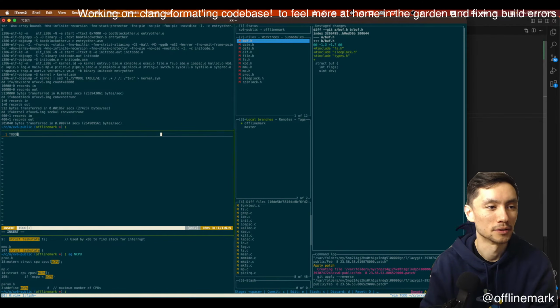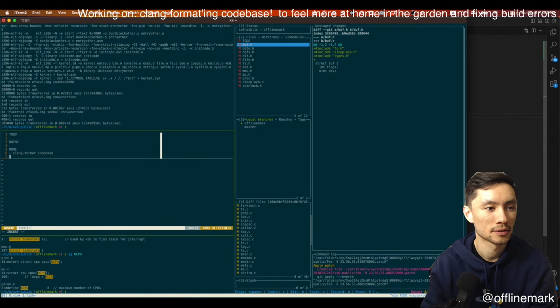I'm just gonna do to-do, doing, done. And it's very simple to do. Clang-format code base, 6 build issues. To do.